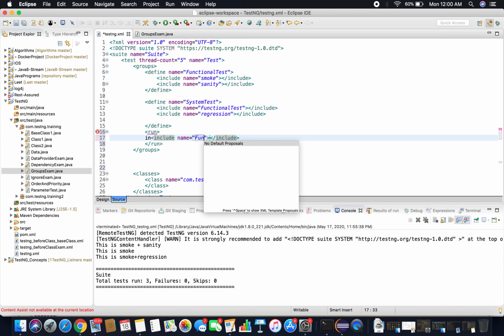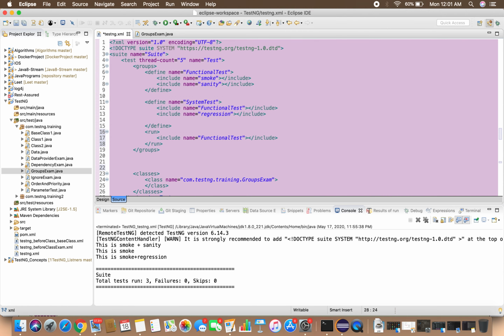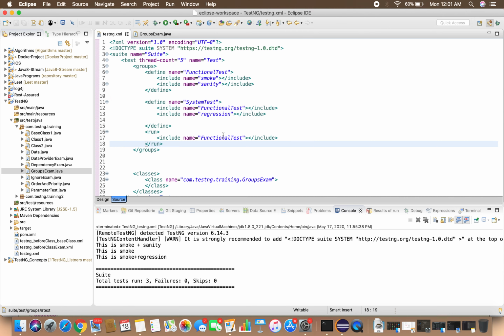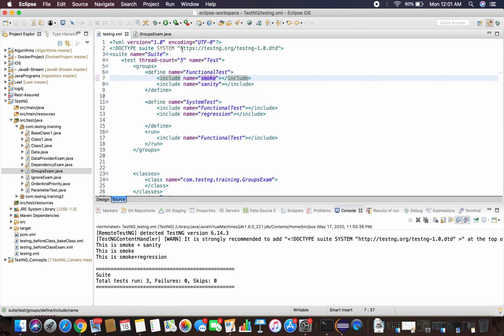If you want to run only functional test, okay, let me copy paste to avoid any typo errors. And see, though I define multiple meta groups here, I'm calling a functional test. I'm just including a functional test under the run tag. Let's see, this is going to run only the functional test meta group, which includes a smoke and a sanity.